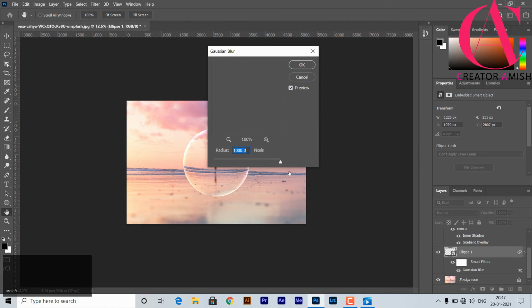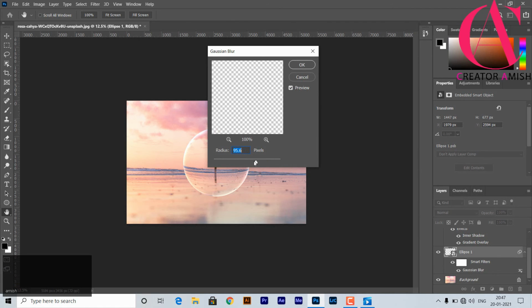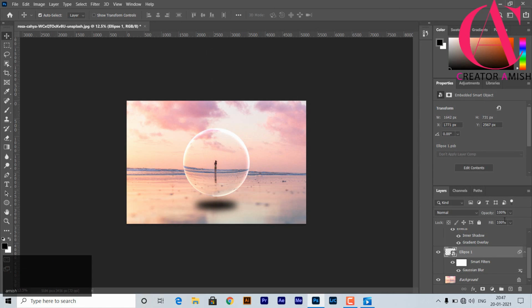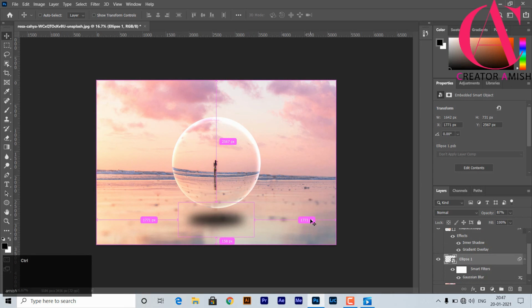Double click here. It wasn't rendered, and I thought it rendered. So yeah, this is looking perfect. And after that, we can change its opacity. This is looking good, and that's done. So now it's looking somewhat better.